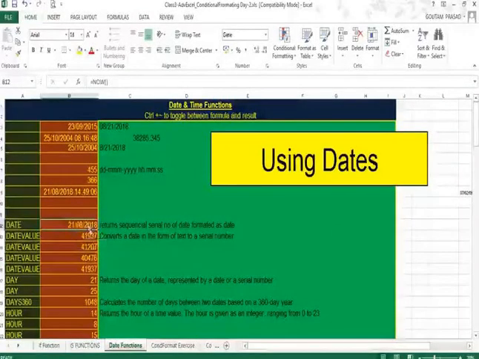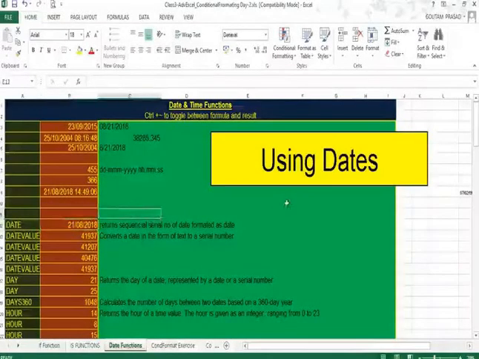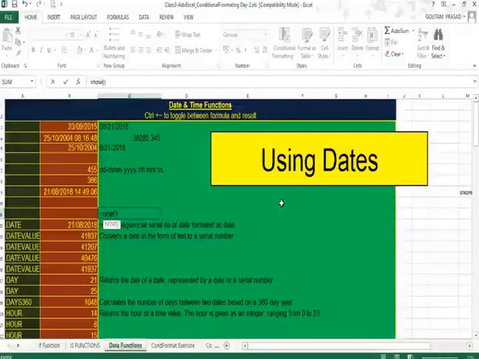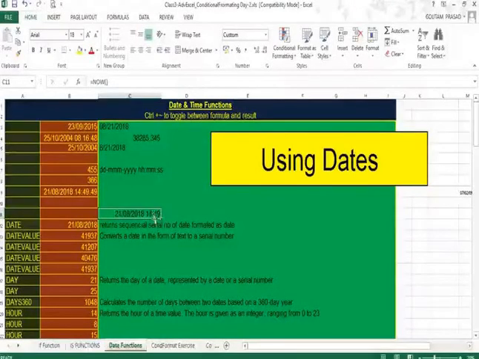Here we have used a function called now function. So what is now function? Now is a function in Excel which gives you date as well as time. So here I am writing it for you, equal to now, open the bracket and close the bracket and press enter. So you can see here the date is appearing, and with that the time is appearing. So whatever the time is there now, that is also shown with the date.